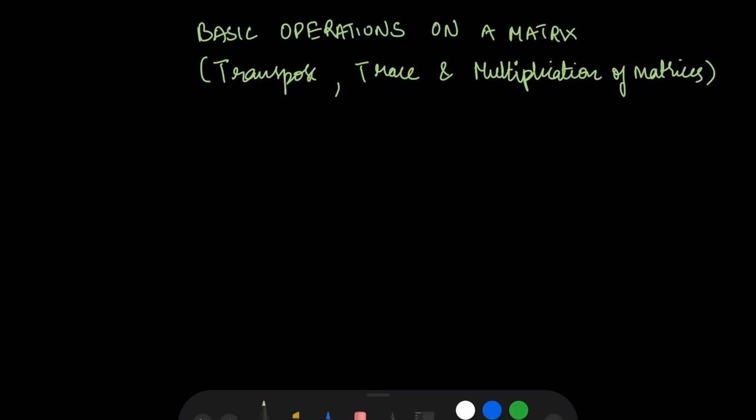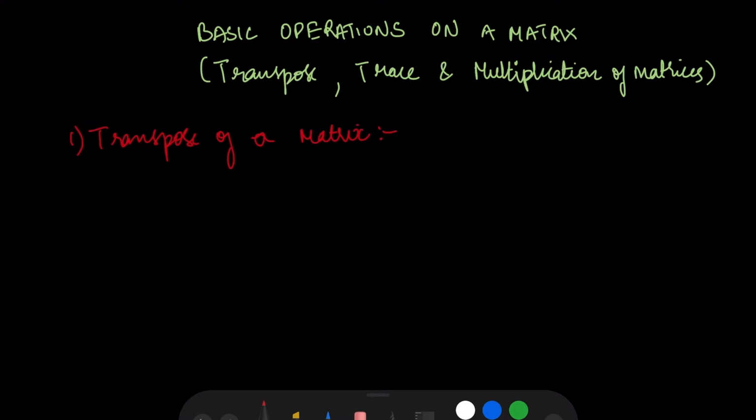So the first basic operation that we'll learn is finding the transpose of a matrix. This is one of the simplest concepts in matrices.